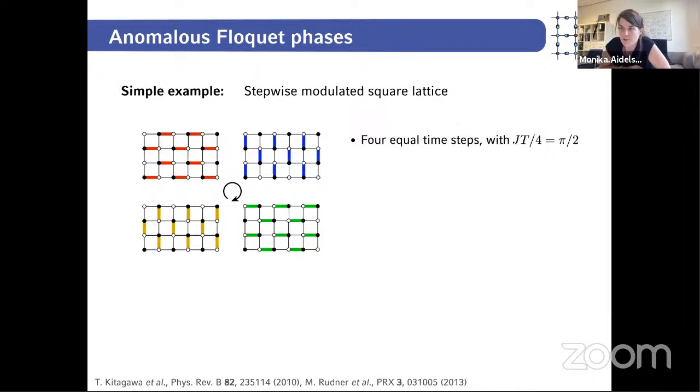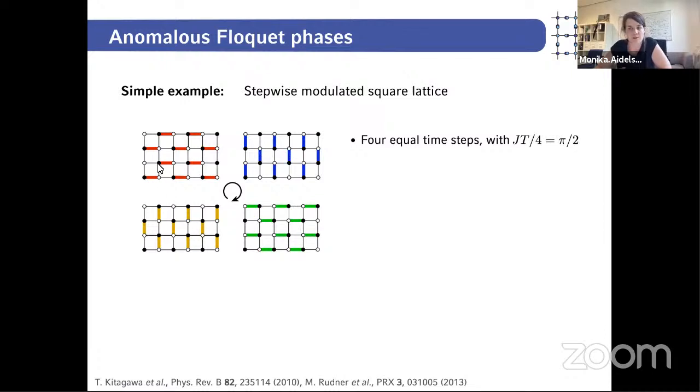And there's a very simple protocol that can be implemented in a bipartite square lattice, where again we have A and B sublattices, and they are shown as black and white dots. And the idea is to implement a 4-step protocol where tunneling is only turned on along the colored bonds. And we can choose a very fine-tuned situation where we choose these 4 steps of the modulation protocol, such that